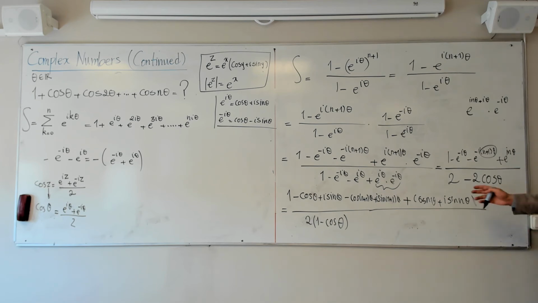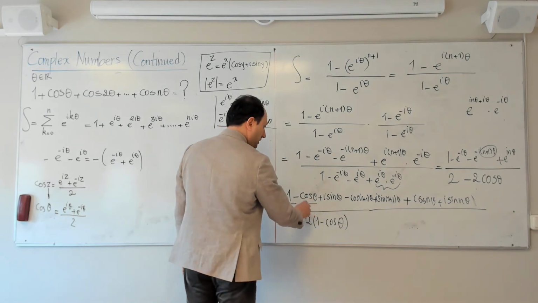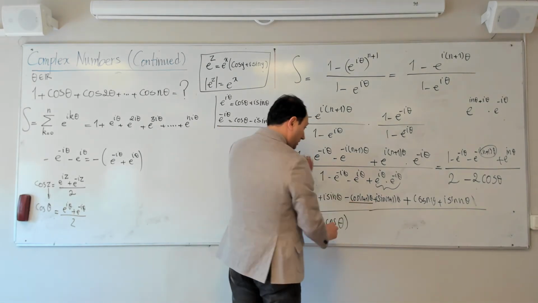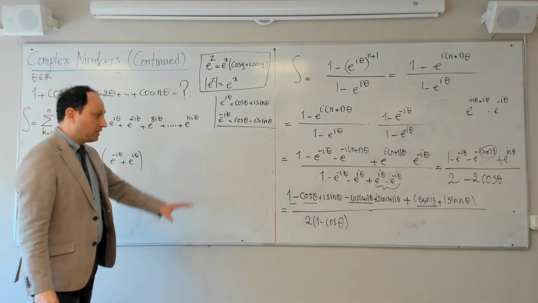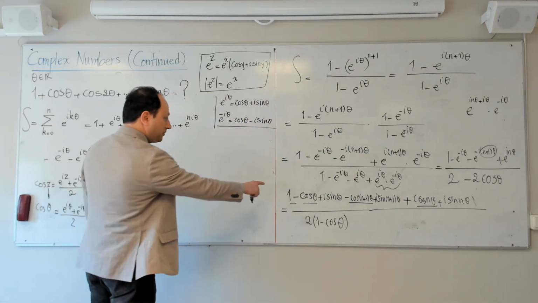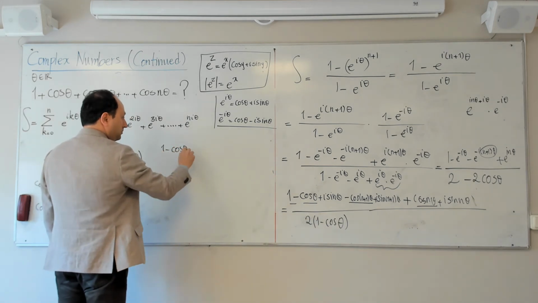But my goal was to write it in a standard form. In a standard form, it means that I need to have one real part and one imaginary part. Okay? So this one, this one, this one, and that one doesn't include any i's. So that is the real part. So let me add them. 1 minus cosine theta plus